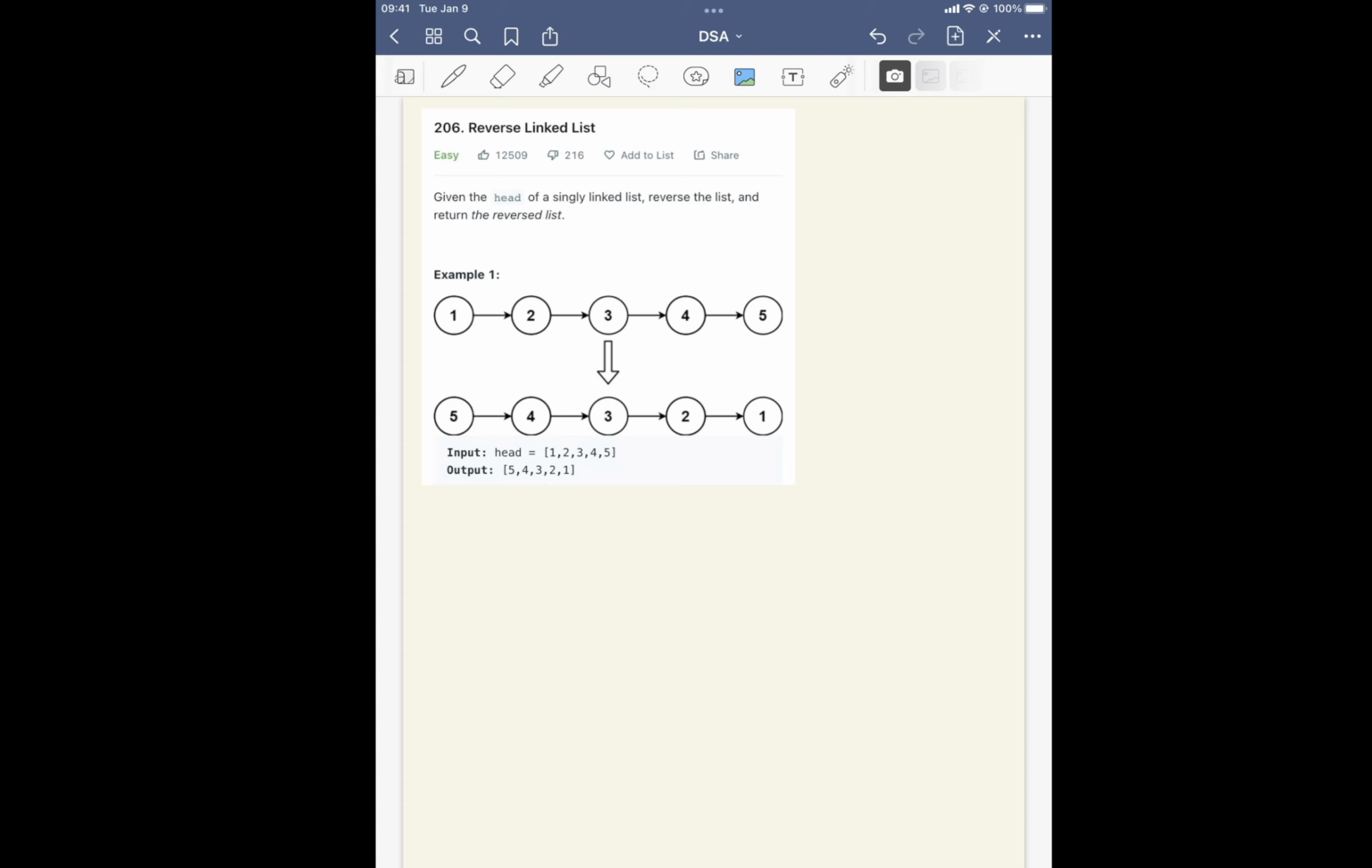Today I'm going to be doing problem 206, reverse a linked list. So this problem is pretty straightforward. You're given the head of a singly linked list and you need to return the reversed list. So you return the head of the reversed list. So if you're given a linked list that is 1, 2, 3, 4, 5, you return 5, 4, 3, 2,